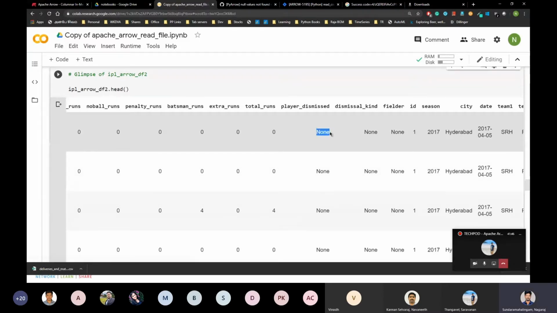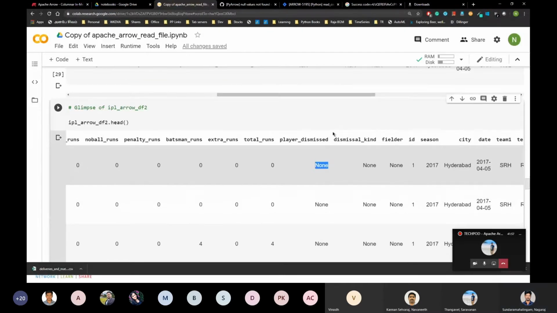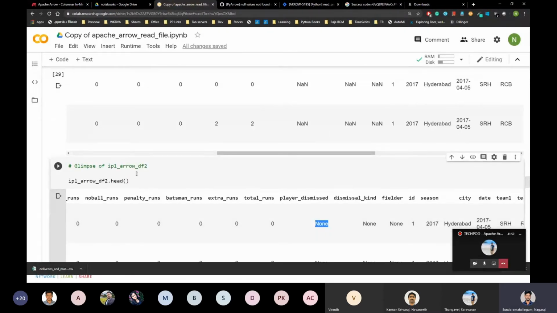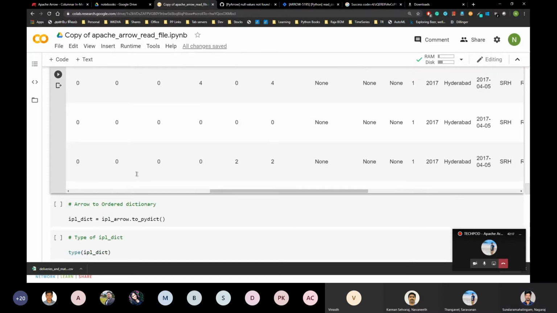So that's the small memory usage difference between arrow-to-pandas conversion and the direct pandas data frame. In the arrow table, it stores the null value as None. In pandas, it stores the null value as NaN. Any doubt so far?